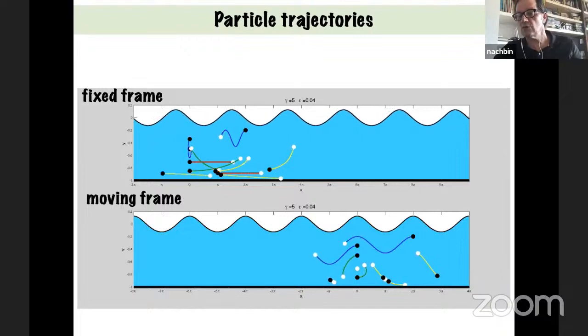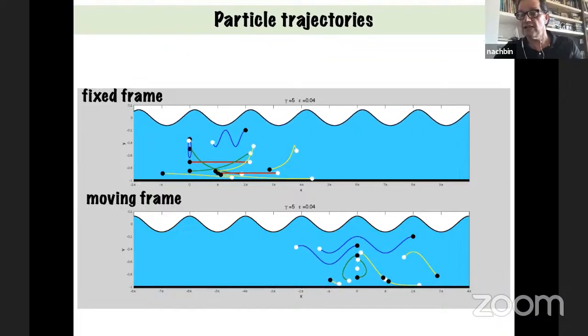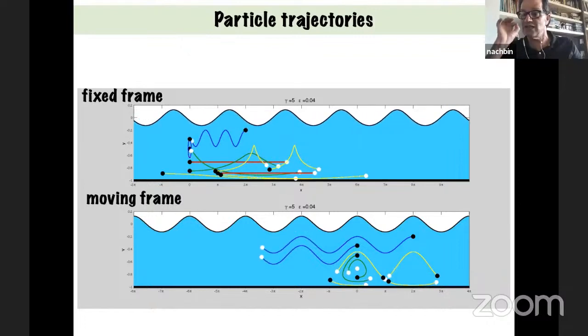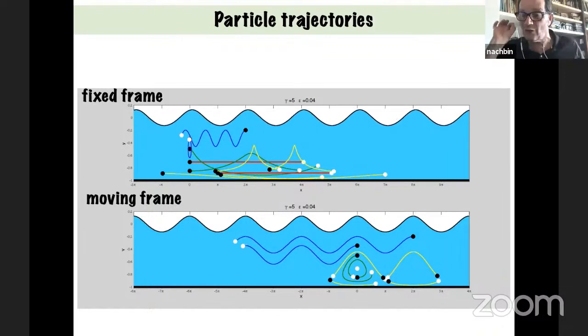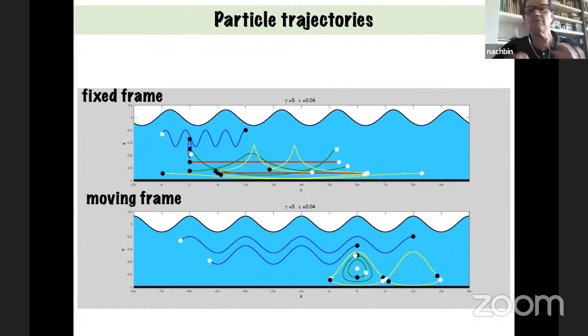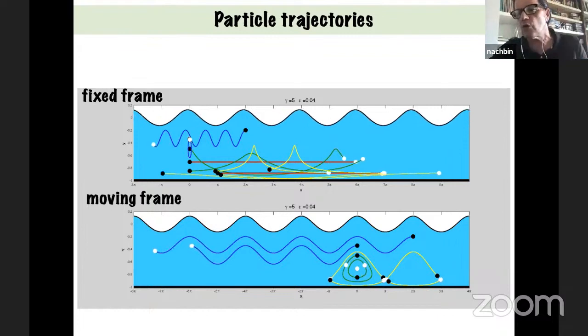So you see below the particles tracing the phase portrait beautifully. There are some points that don't move. Look, there's a point in the center, which, even numerically, we put there because we know exactly where the critical point is. That point in the center does not move, whatever numerical error there might be. It stays in the center. And the other points are tracing the separatrix of the Kelvin cat eye.